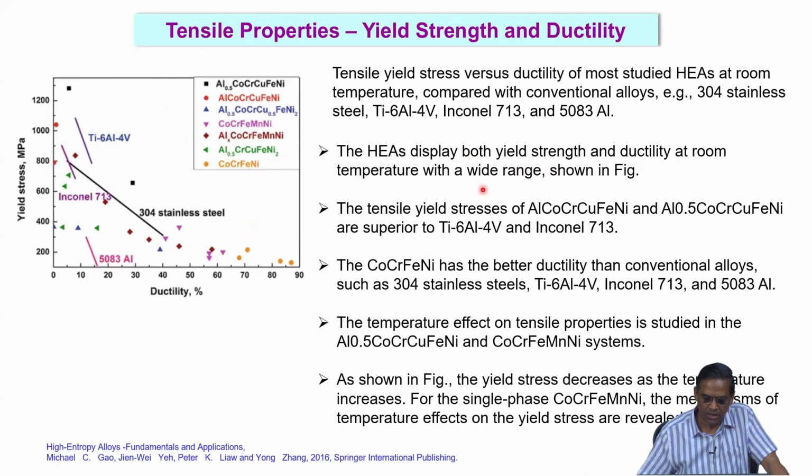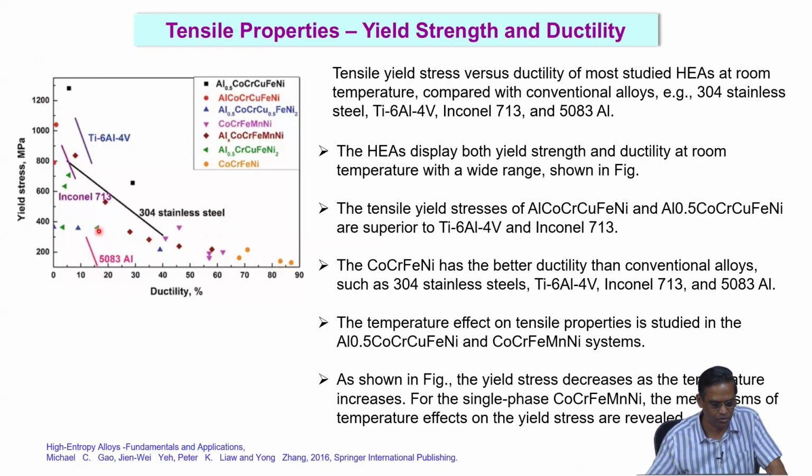So, the high entropy alloys display both yield strength and ductility at room temperature with a wide range. You can see that yield strength is going all the way beyond 1200 MPa, and then ductility also goes all the way up to 90. So, you have a range of properties available